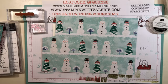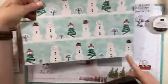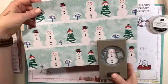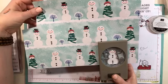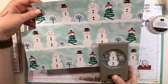I've got my punch. And because this paper is so fantastic with these already glittered snowmen, you can just put your punch right in there. It will fit this snowman and punch it out. I've already punched one out, so I'm not going to punch one right now. Actually, I probably should, because I don't see my hat there. So I'm going to go ahead and punch one out,